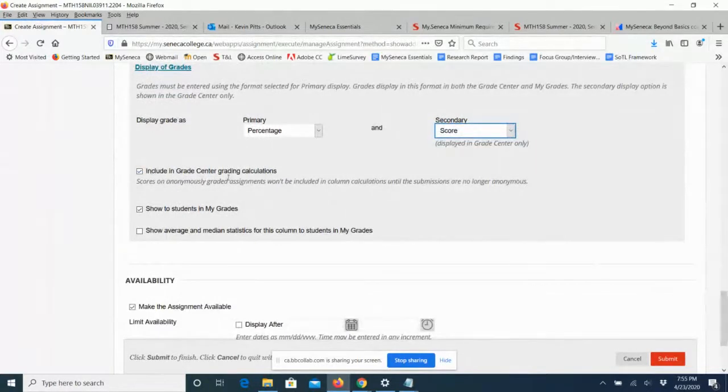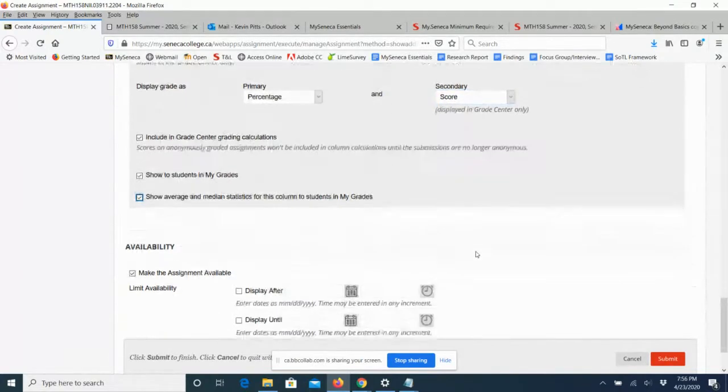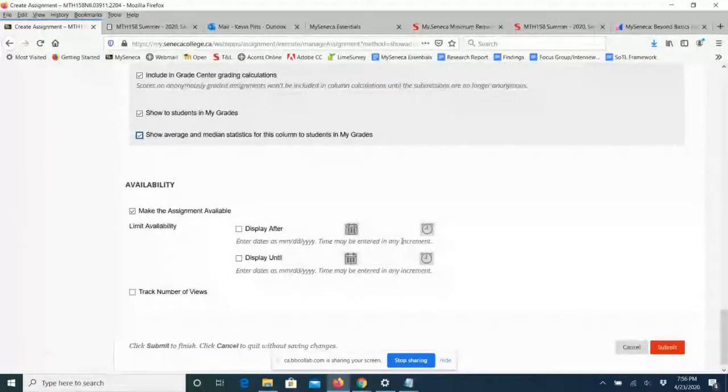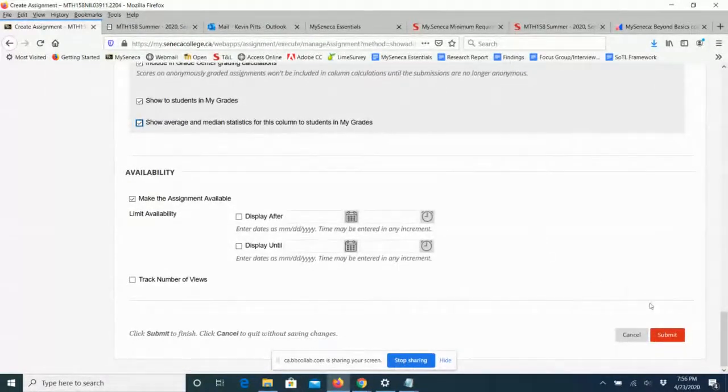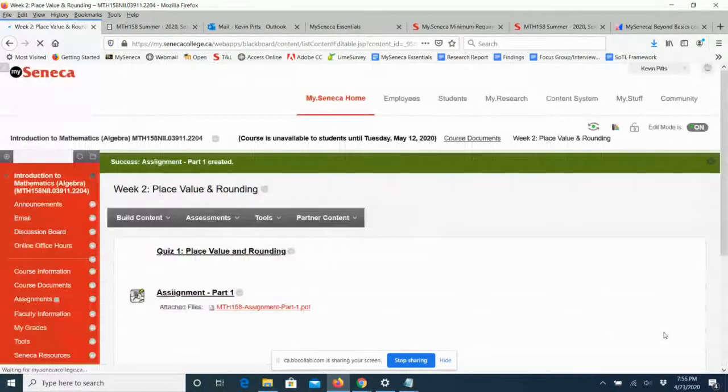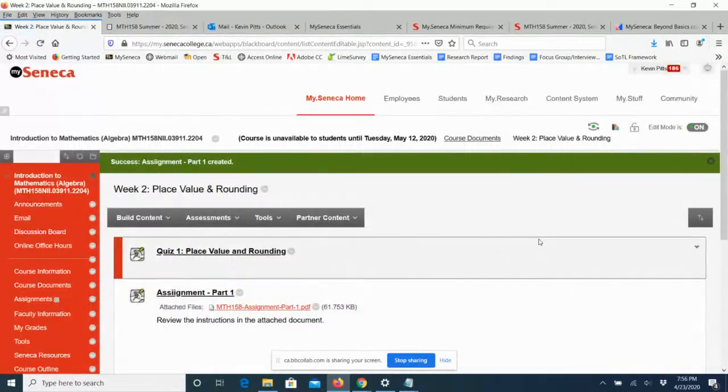And of course, I want to include in the grade center calculations. I want to show to students in my grades. Absolutely, you want to show your student score. Do you want to show average and median statistics for this column to students? Sure, if they want to see how they're doing compared to their peers, I can set the availability, etc., and then I submit. Now I did go over that fairly quickly, I know, just for the sake of time, but